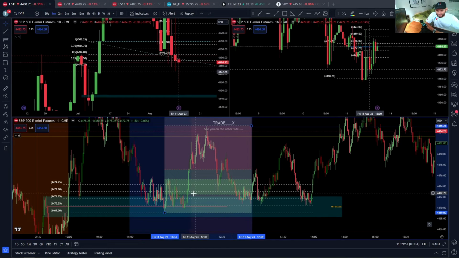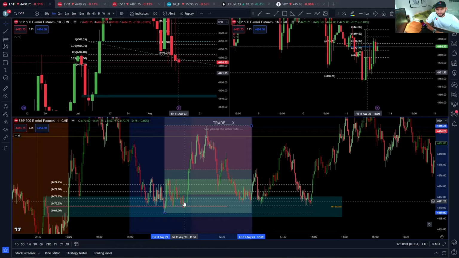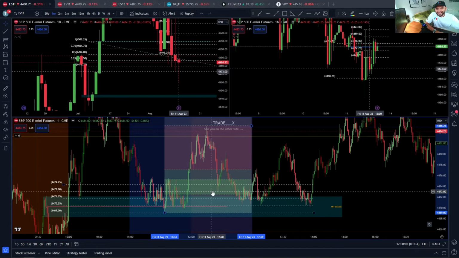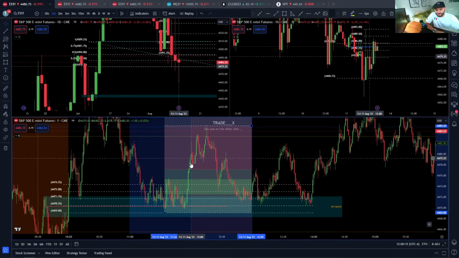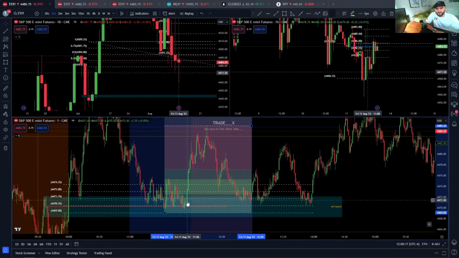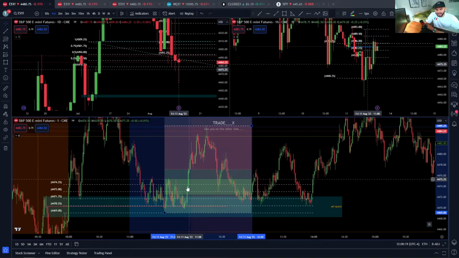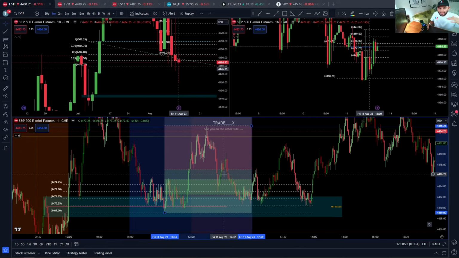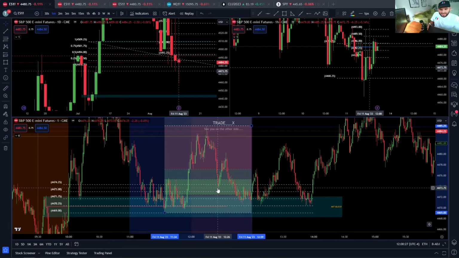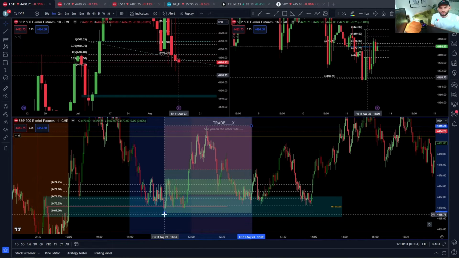Why? Because there are still inefficiencies that price can dip into. There's still this order block that price can run into because there is no intermediate term low. If an intermediate term low is formed, and if we remember, that is where all inefficiencies and imbalances have been filled in the displacement leg above the long-term low, that would provide our stop placement. That's where our stop would go, at that intermediate term low. But as we do not have that in this trade entry, our stop would have to go below this long-term